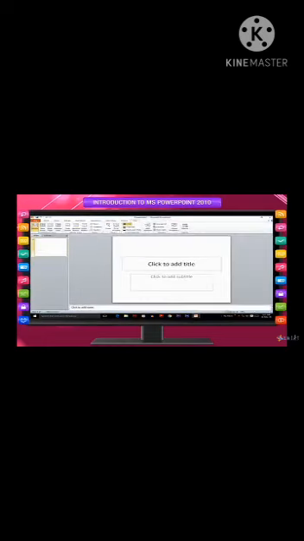When you start PowerPoint, it opens in the view called Normal View, where you create and work on slides. In the Slides pane, you can work directly on individual slides. Dotted borders identify placeholders where you can type text or insert pictures, charts, and other objects.